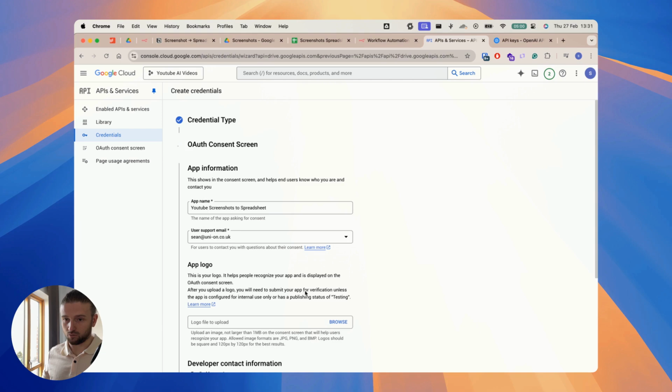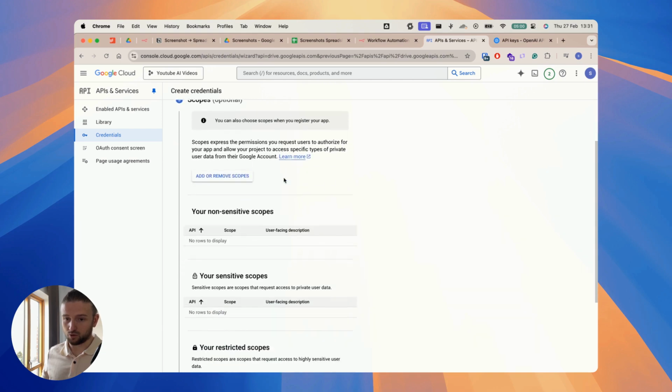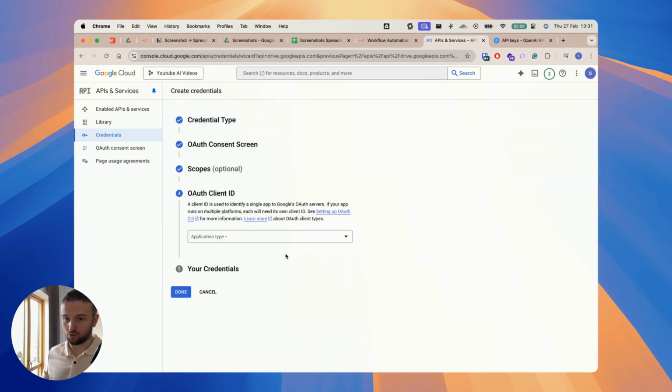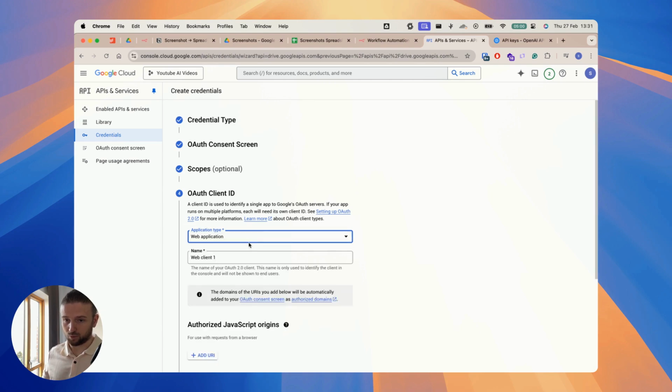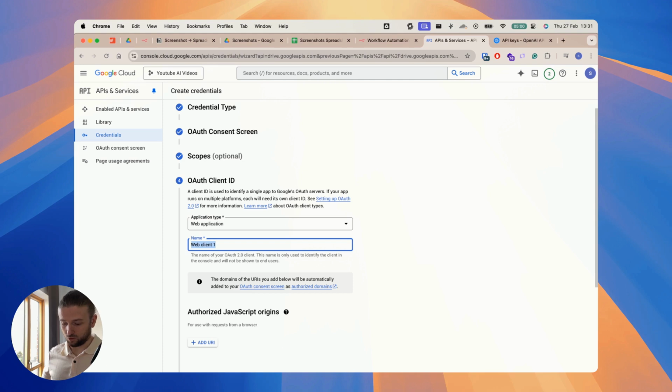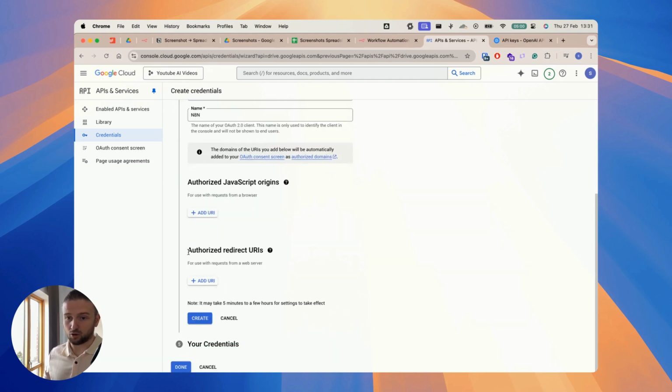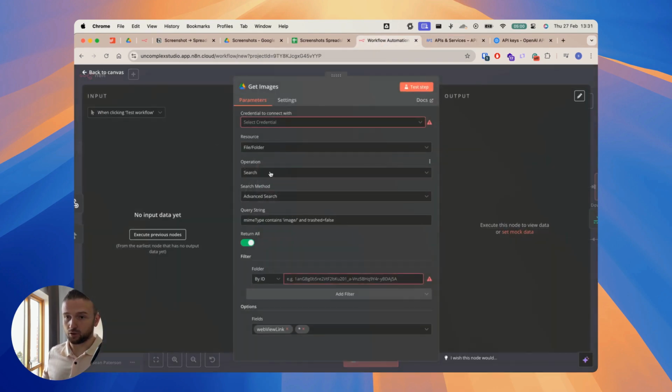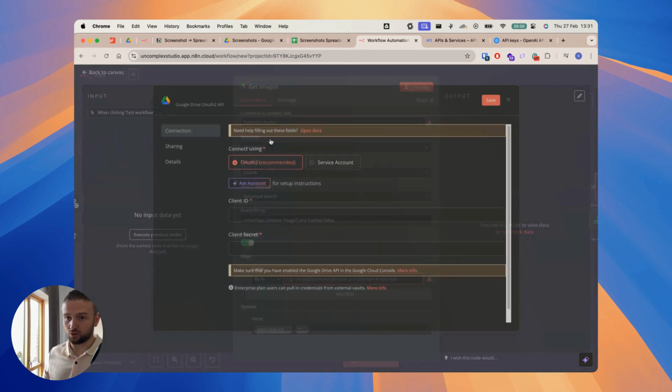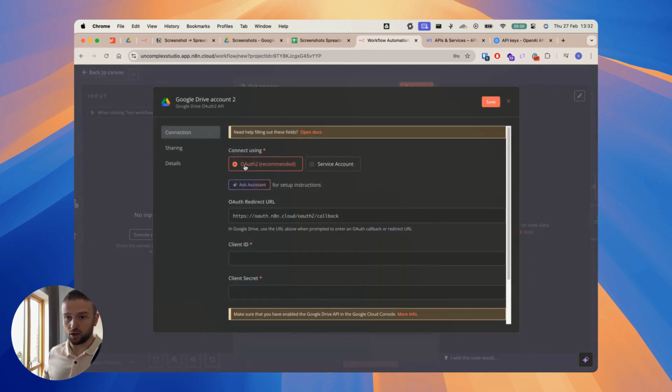Save and continue. Come through here into scopes. Save and continue. Application type, web application. Call this Hit N. And in here, authorized redirect URIs. This is where we need to come back into the Google Drive, set up credentials, create new credentials, and then OAuth 2, it'll give us a link. What we're going to do is copy this link,